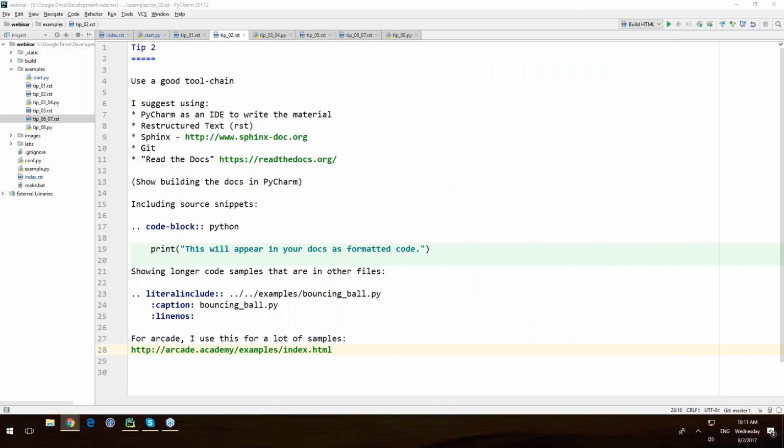I want to kind of reinforce your point about Sphinx. That's also what I do for my training, like that 3-hour thing that I was talking about. And the way you use Sphinx in Arcade is very similar to the way I use it in my tutorials.